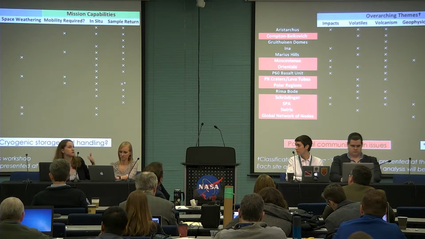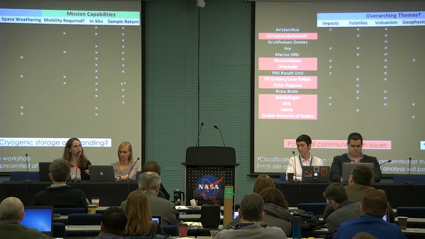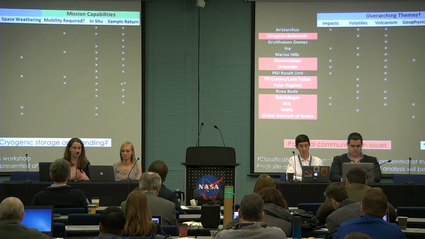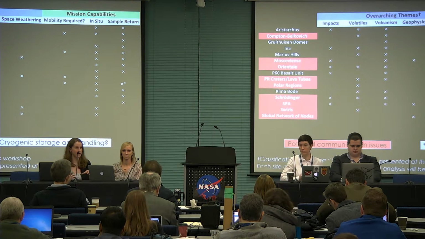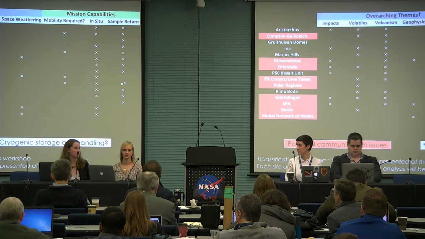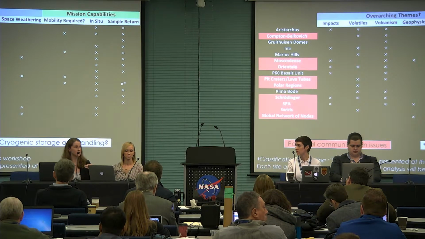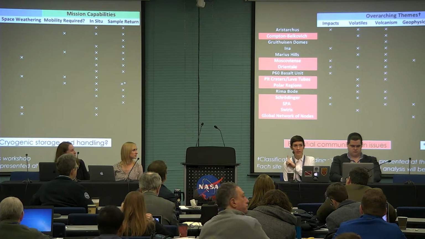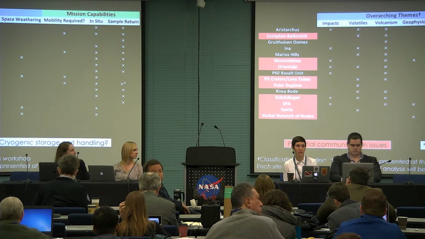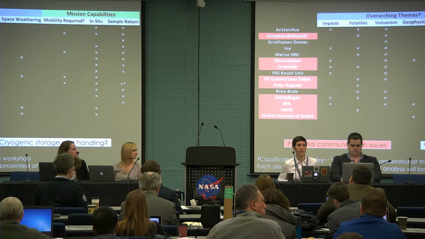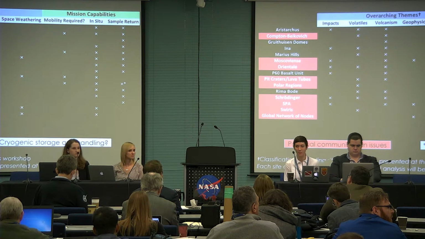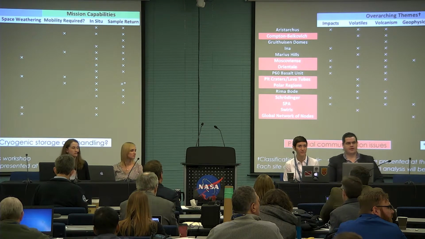Each one of those themes is the broadest we're going to be at, and then we're going to step down from there. So it's absolutely likely that we can divide out the pyroclastics and the polar deposits as different subtopics within that, and that's just not reflected in this chart. I'll just point out that we did take these from both the decadal survey and from the SCEM reports, and in those there's just the volatiles theme, and that's where our characterization came from. But yes, it will definitely be pulled out.